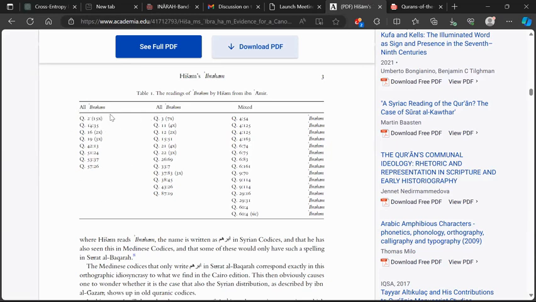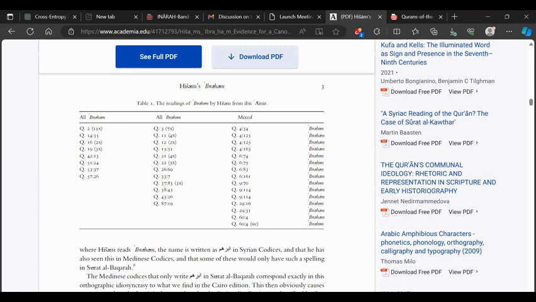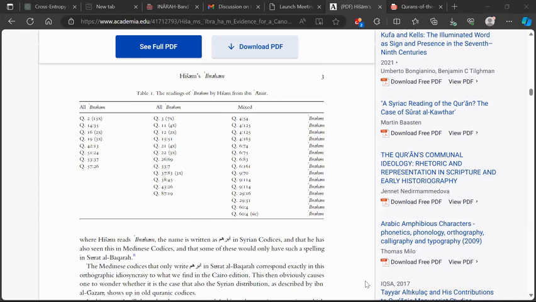Absolutely. And these patterns, like which verse has which spelling, are also consistent in early manuscripts. So that's another indication that scribes were adhering to a certain spelling. They could have changed it to Ibrahim here, but they didn't. Essentially they're respecting the manuscripts because they don't want to mess with them. They don't want to be second guessing things. They're treating it as something that shouldn't be messed around with.